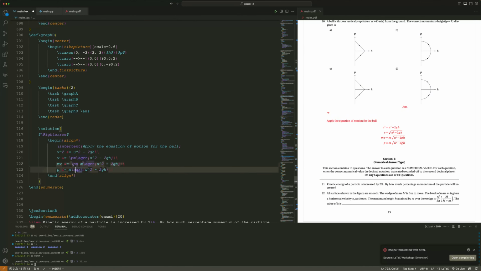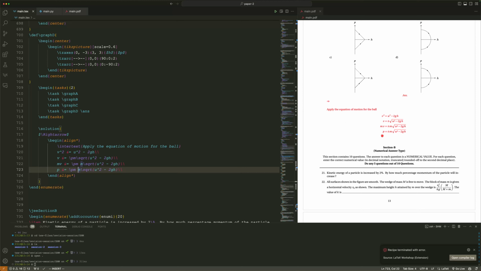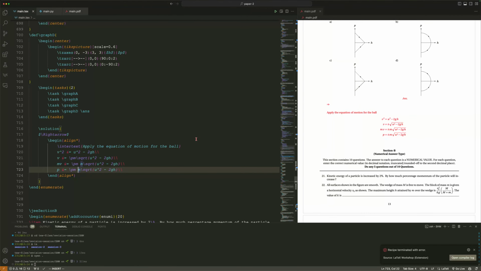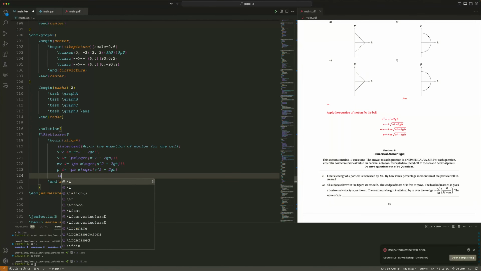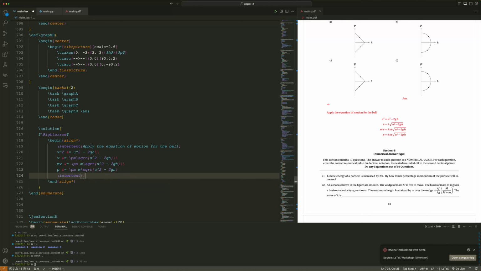So momentum while going, let's add one more sentence. While going upward,